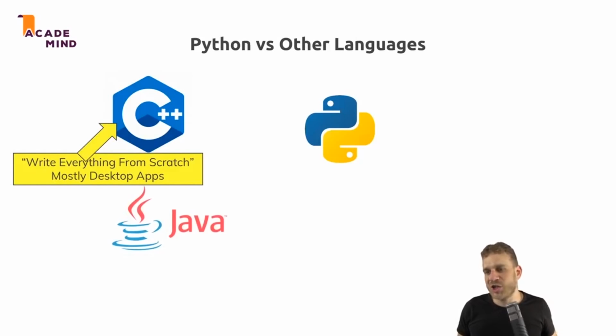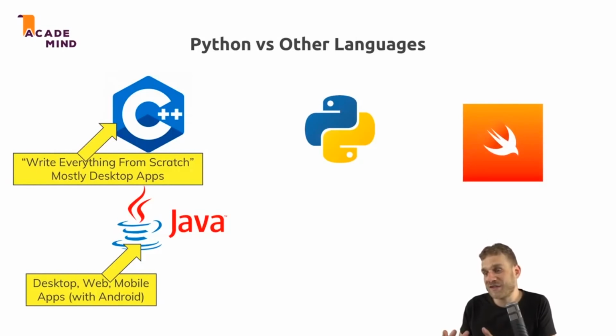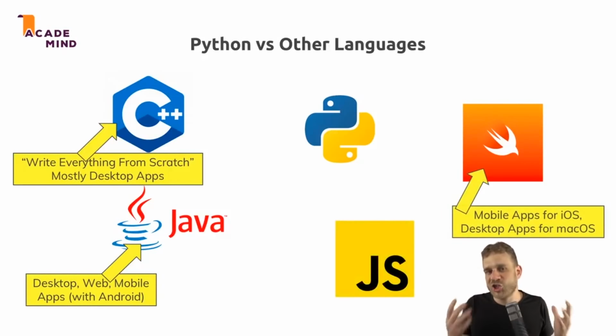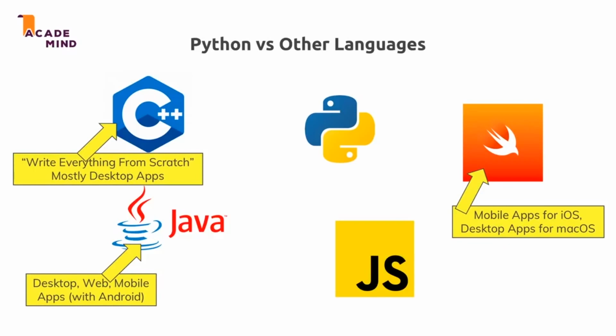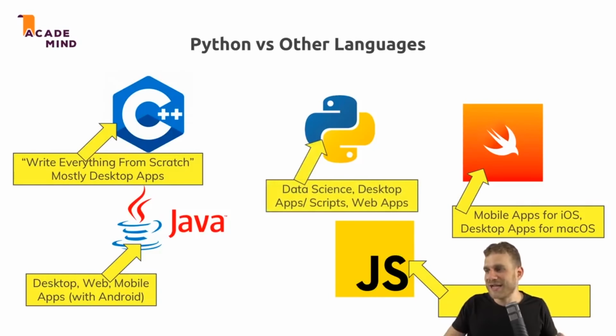We also have languages like Java. Java is also a very versatile language, which we can use to build desktop apps, web apps, and even mobile apps with Android. And speaking of Android, we also have things like Swift or Objective-C, which you use to build iOS apps or macOS apps. We have languages like JavaScript, which run in the browser or also can be used on the server, so which you'd only use for building web apps. PHP would be another example, a language you really only use for building websites and web apps. And then you again have Python, which is very versatile, which you use for data science, desktop apps, utility scripts, and web apps. So which one should you choose?